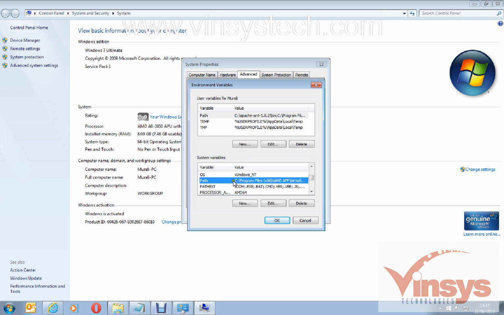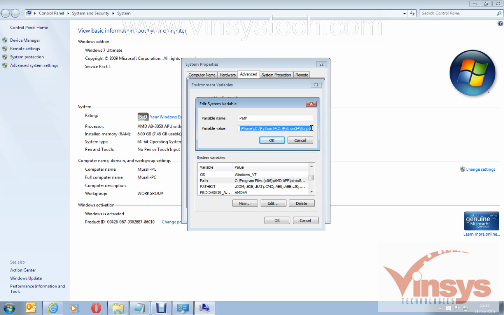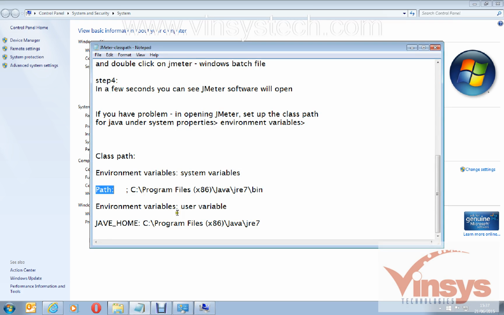So this is how you can set up the path. This is a very sensitive variable, so do it carefully. Click edit, select the path and click edit and go to the end. Don't disturb anything in these lines, and put a semicolon here and give the path of the folder up to bin. Java JRE bin, so you have to give the entire path like this.